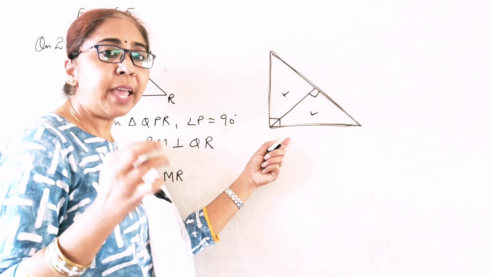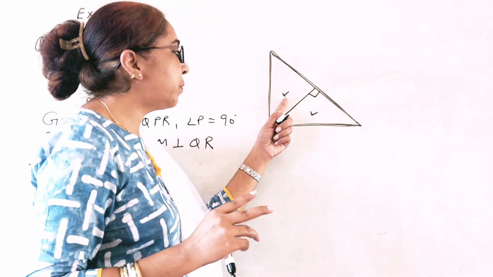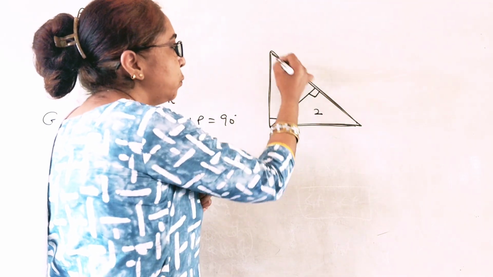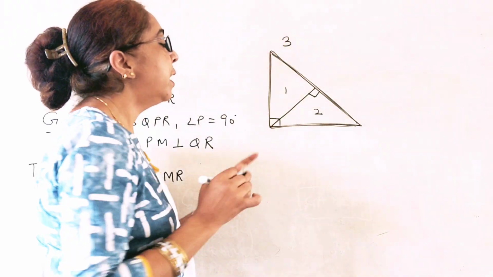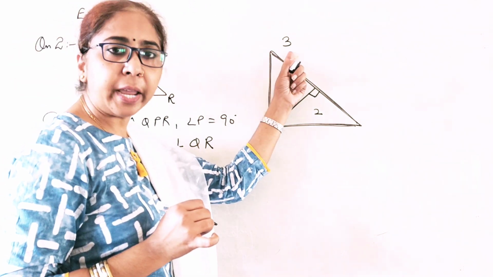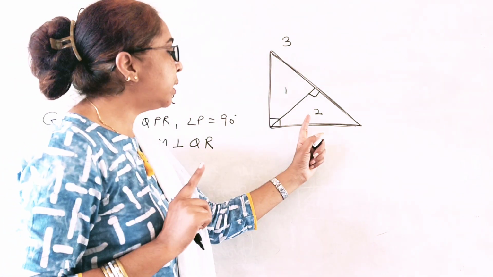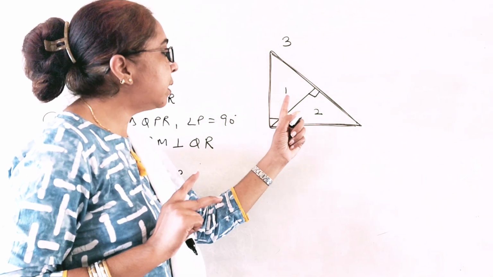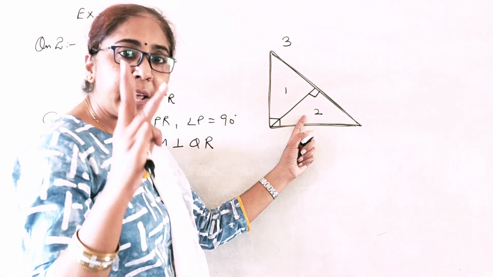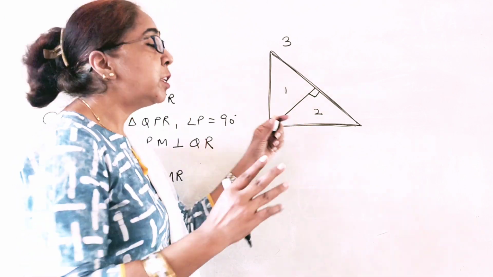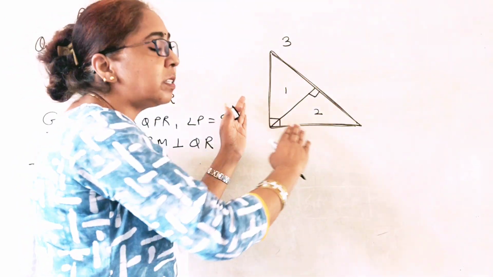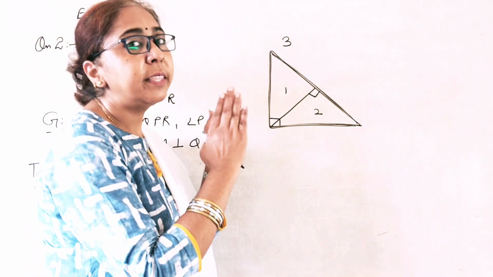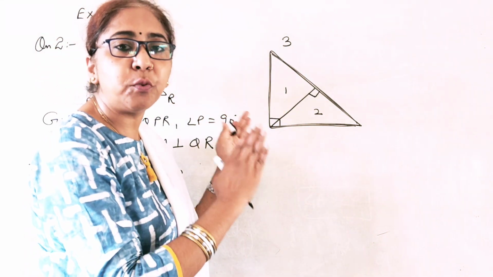So from here we have three results. The smaller triangles, let's say I am giving the names triangle 1, triangle 2, and the bigger one is triangle 3. So triangle 1 is similar to triangle 3, number 1. Triangle 2 is similar to triangle 3, number 2. And triangle 1 is similar to triangle 2, this is the third statement. So we have three results here. If in a right triangle we draw a perpendicular, then we always have these three results.